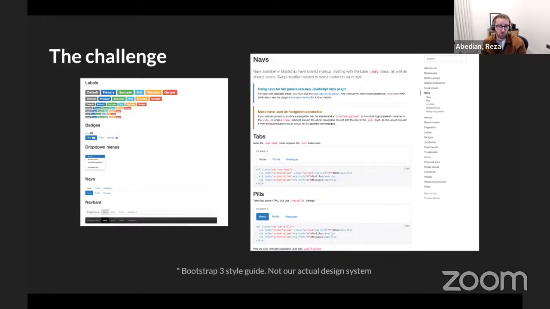We also offered a style guide website, very similar to the Bootstrap 3 one that you see on the screen, where developers could go and see HTML elements that they could copy and paste off of the website into their application. And so long as they were also using our Bootstrap style sheet, they were up and running.